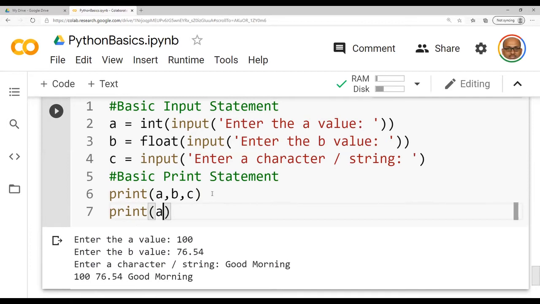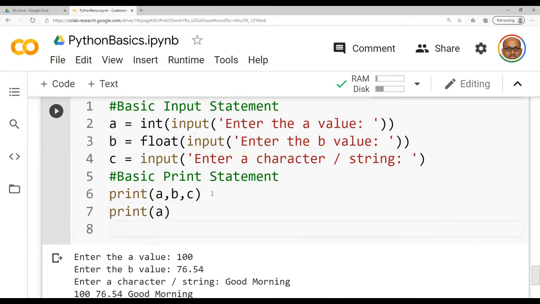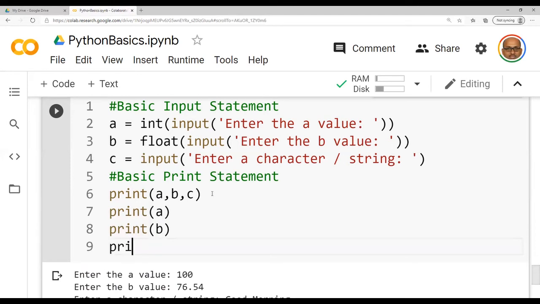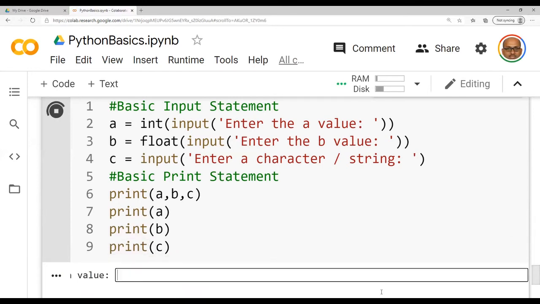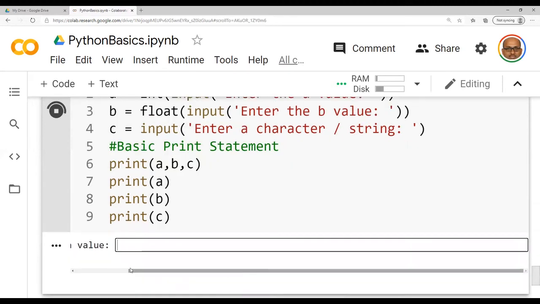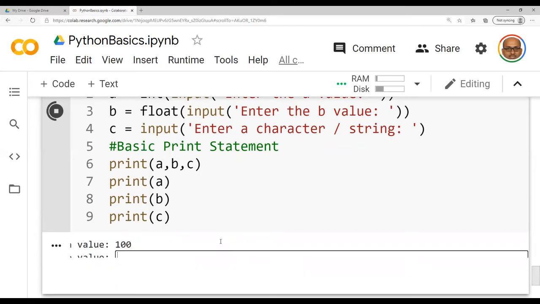Instead, I am trying to issue 3 print commands, and I want to check the same. What would be the result? Again, let me run the same code. It is asking for the A value. A value I have entered as 100.